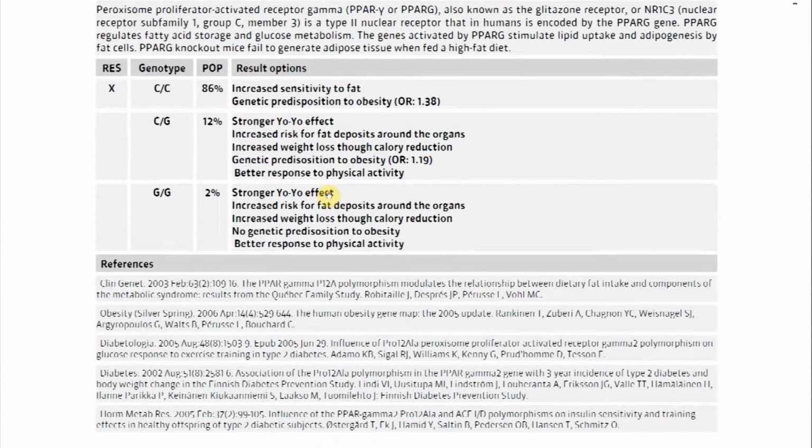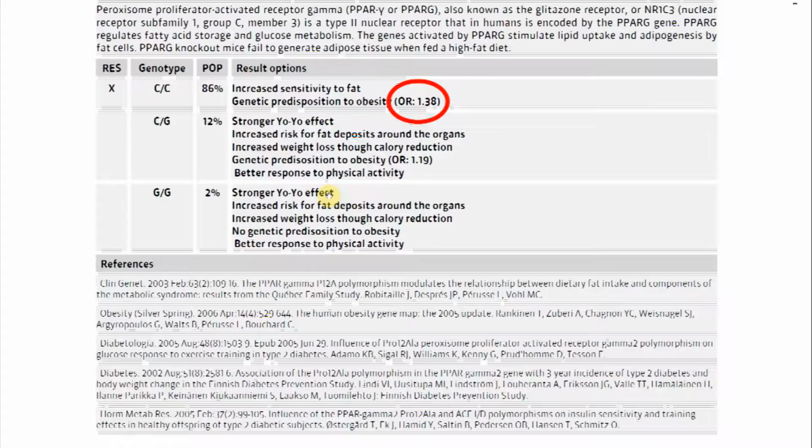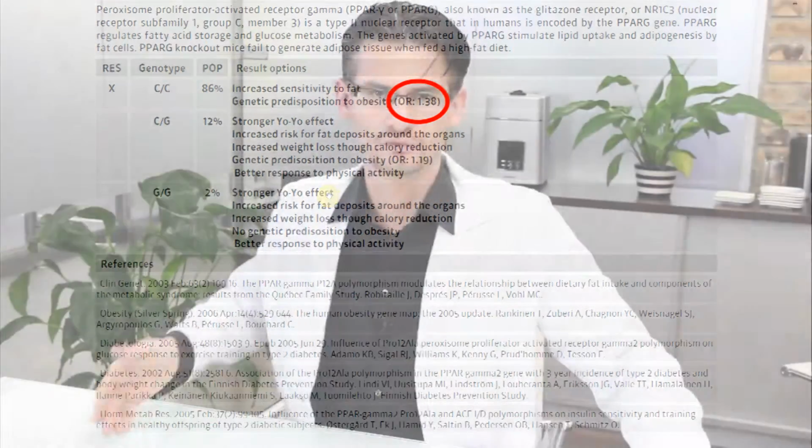And you see if you have a CC here, that's 86% of the population, you have increased sensitivity to fat and also a genetic predisposition to obesity. As I've said before, some genes make you more prone to be obese, and this is one part of the whole story. So there's an odds ratio here. OR stands for odds ratio, and that means it's a fold risk. So if you have the CC genotype, the CC result in this gene, you have an odds ratio of 1.38,